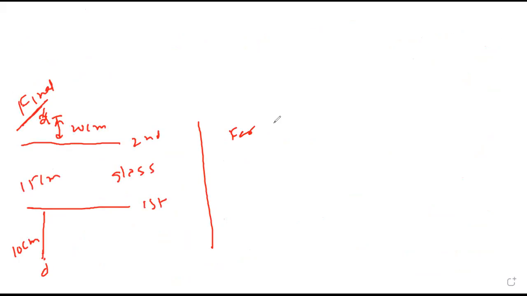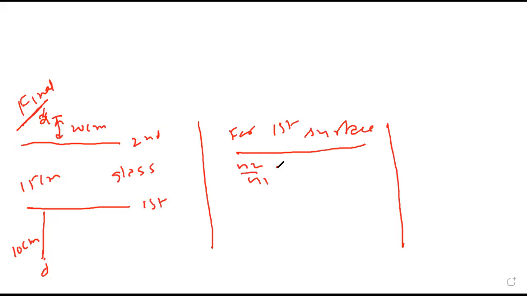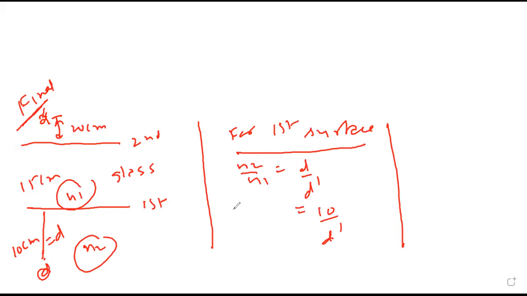So for first surface, both will undergo refraction, first and second surface दोनों से. For first surface, n2 upon n1 is d upon d dash. D मतलब actual distance of object. From the surface, it is 10. Apparent we don't know. n2 मतलब जिधर से निकला light, और ये n1. n2 is 1, n1 is 1.5. Therefore d dash is 15 centimeter from the first surface. So 15 from first surface मतलब ये इधर से नीचे गया, d dash 15 पे दिख रहा है.